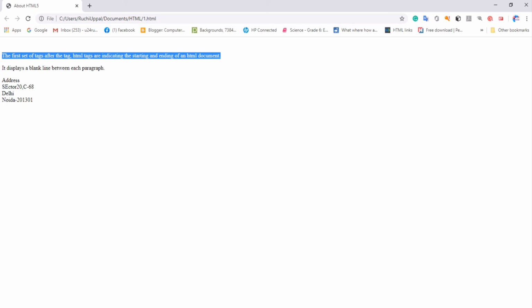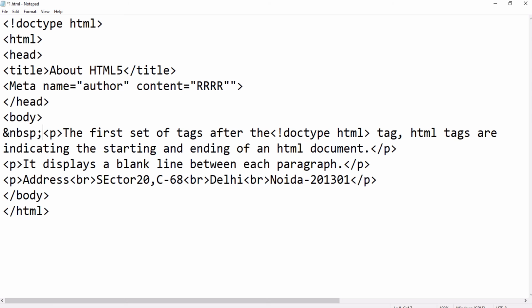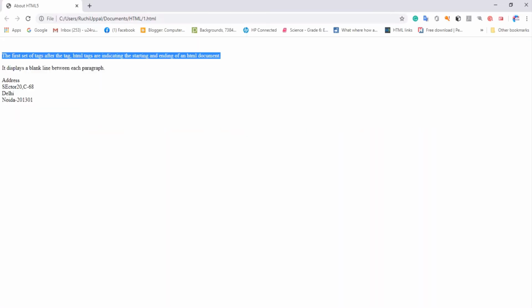Wherever you want to add a blank space, you can use NBSP. Let's refresh my browser. So it is adding the space. Clear? If you want to add more blank spaces, you have to type this code multiple times. So this is how we use it.